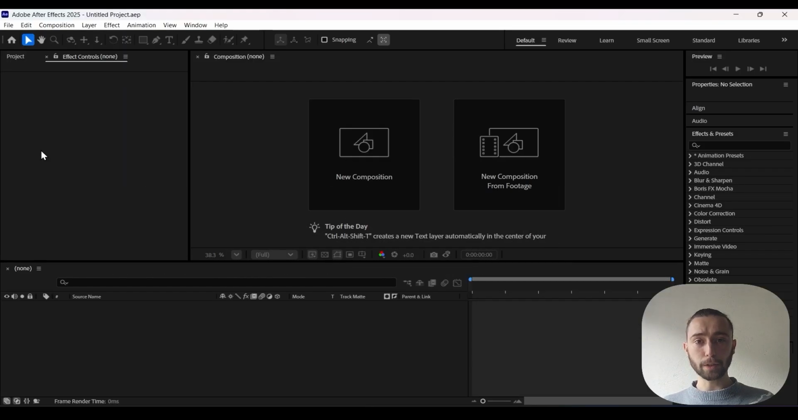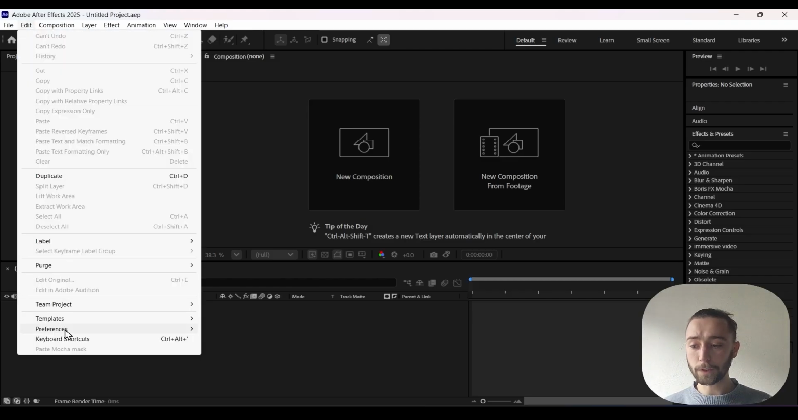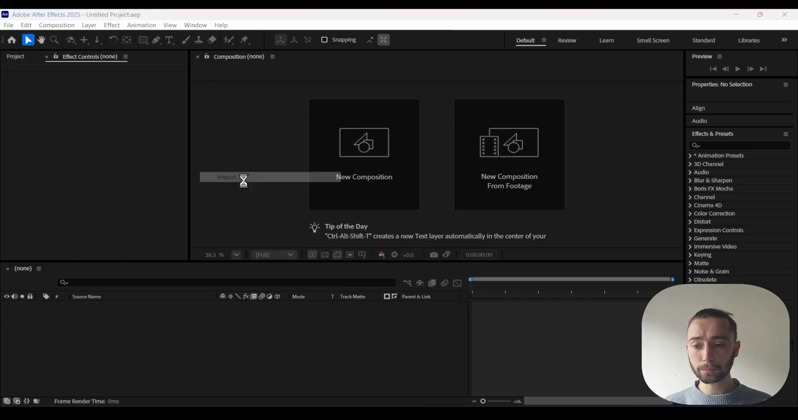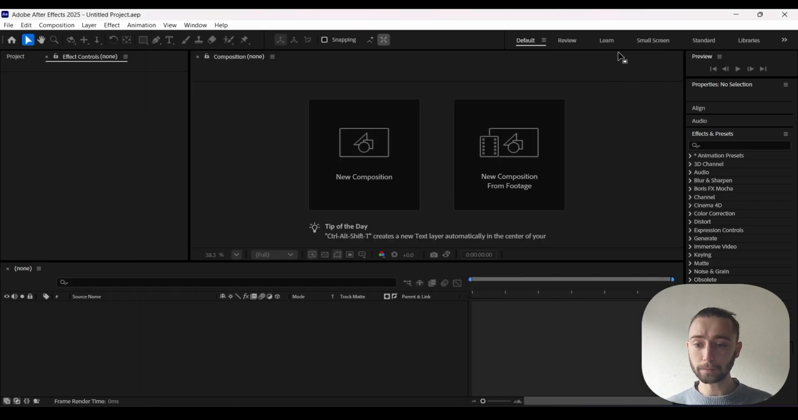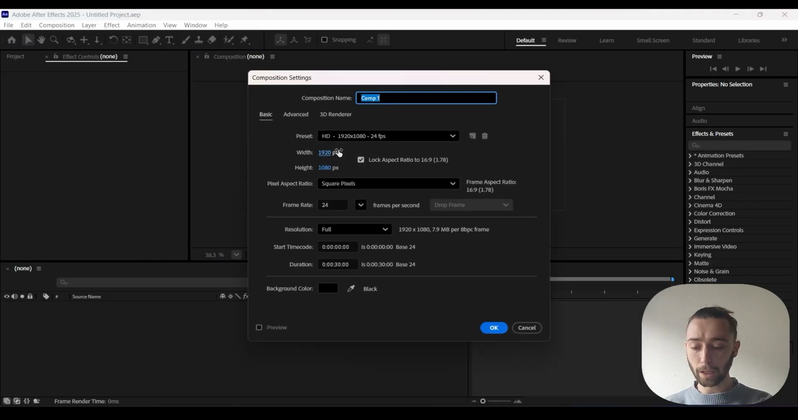Once all your passes are rendered, you're going to open your compositing app. Now I'm using After Effects in this case. The first thing you're going to do is go to Edit, Preferences, Import, and then change the sequence footage to however many frames per second your animation is. In my case, it's 24 images per second, just like the industry standard. You press OK. New composition, I'm going to name it